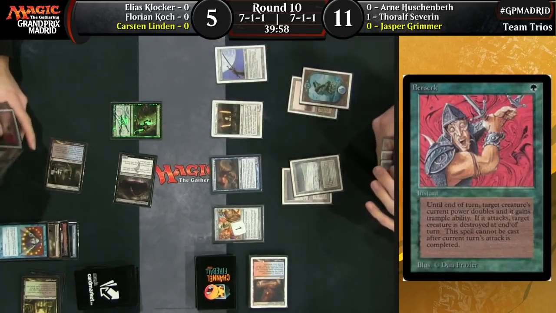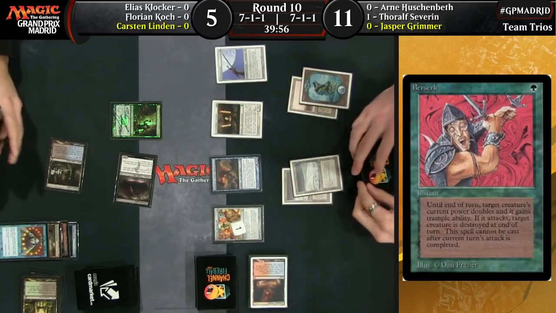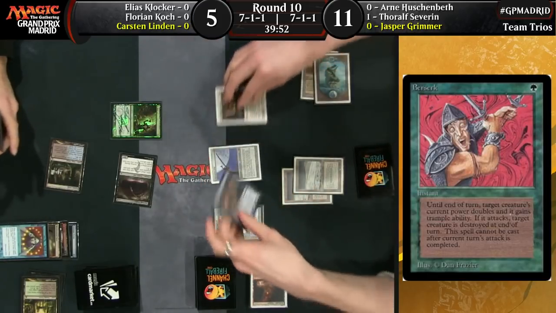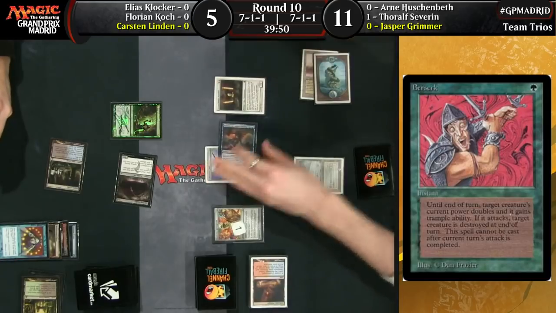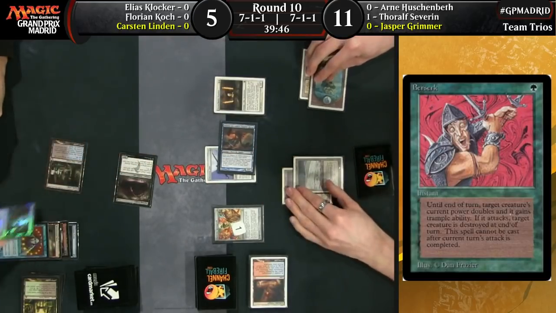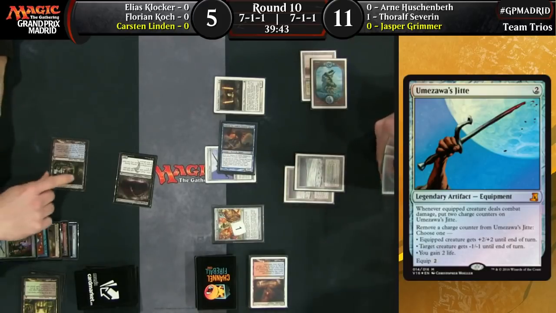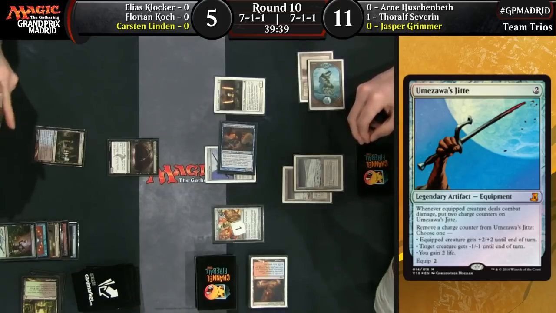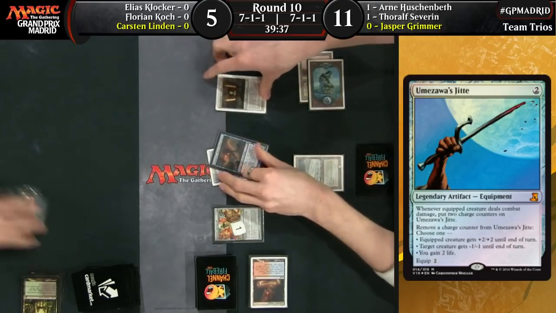Now, of course, the Jitte could come on the True-Name Nemesis. Carsten is at 5, so he's 2 damage short, but putting 2 counters on that Jitte and countering the Deathrite Shaman, making sure you still have lethal next turn. I like that play by Jasper, not giving his opponent the second mana source he wants and locking up the